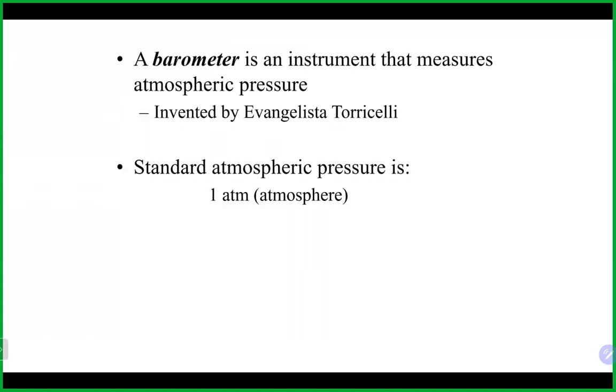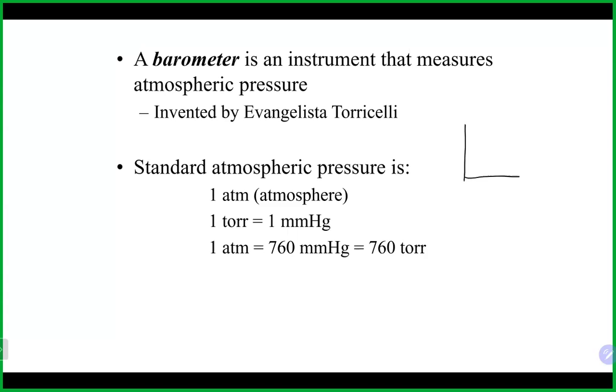Now, how do we measure pressure? One of the ways we measure pressure is through a barometer, an instrument that measures pressure. A classic barometer, which we no longer have in labs, usually at schools, because it had mercury in it, they've taken most of them out. But a classic barometer is actually a pool of mercury, and in that pool of mercury is a glass tube, if you will. In a traditional barometer, as the atmospheric pressure pushes down on the mercury, it rises in the tube.